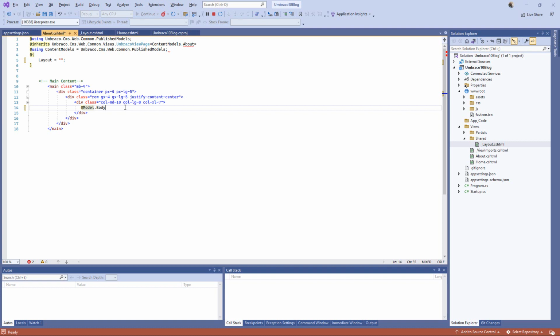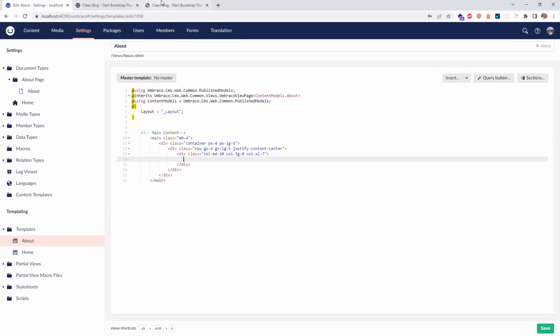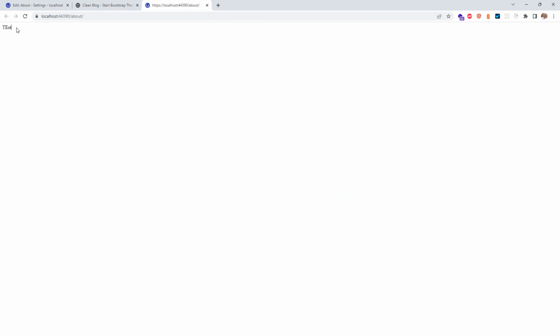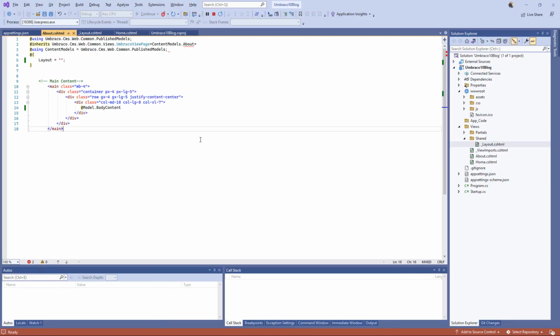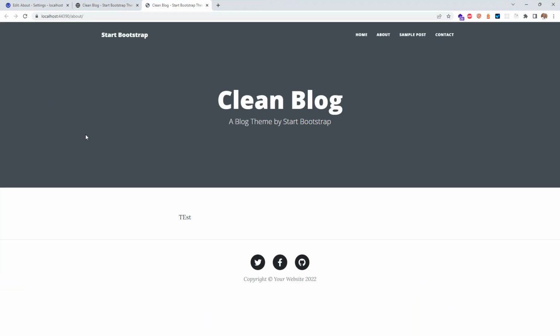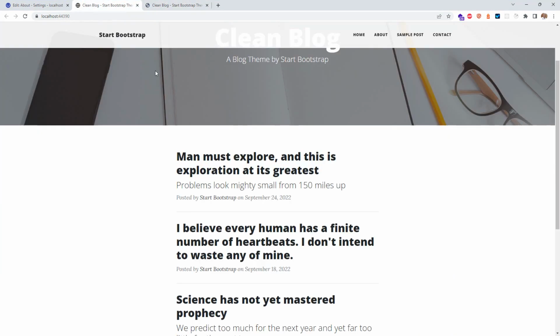But I don't know, body content, I think. With this, if I save this one here, if I go back to my page and I refresh it, it's breaking everything. So why is that happening here? I said we don't need to take a long time on this one because the layout is not here, and it's called layout, and save this one. Let's go again to this one, refresh. So we are seeing exactly what we wrote in the